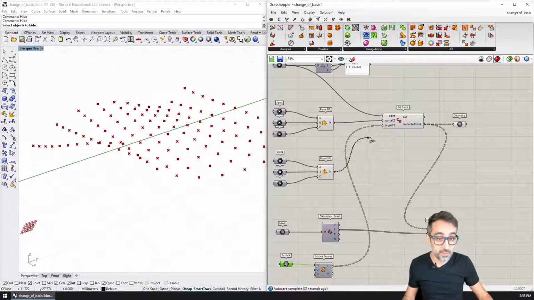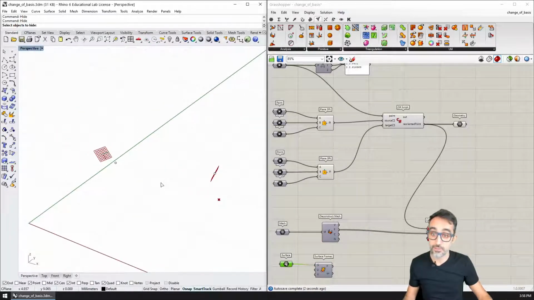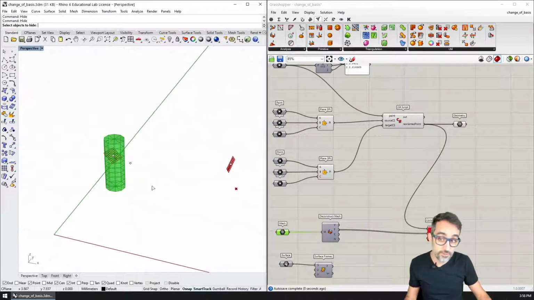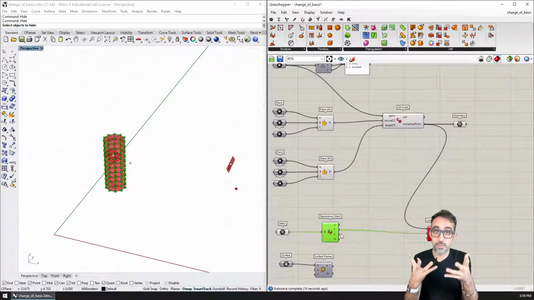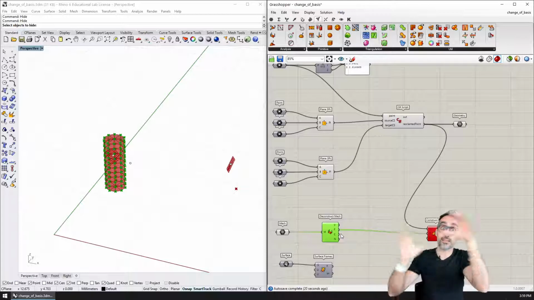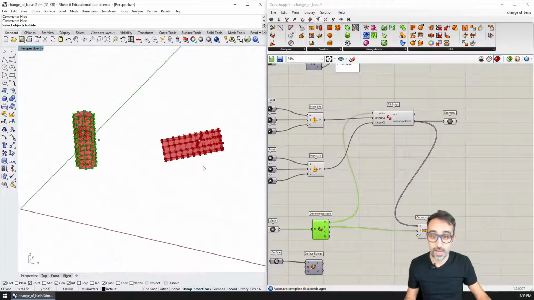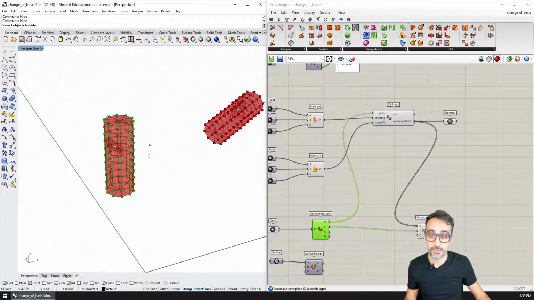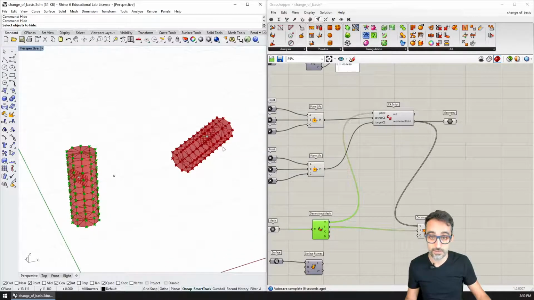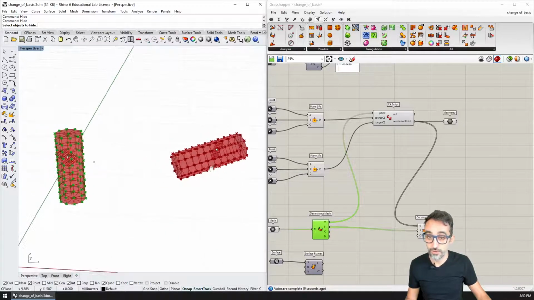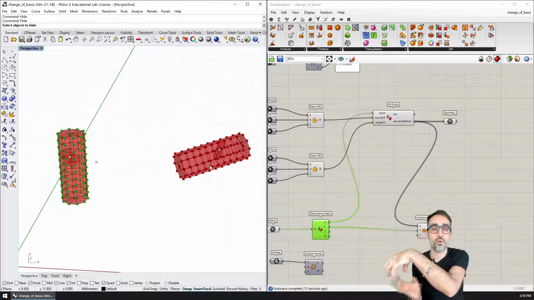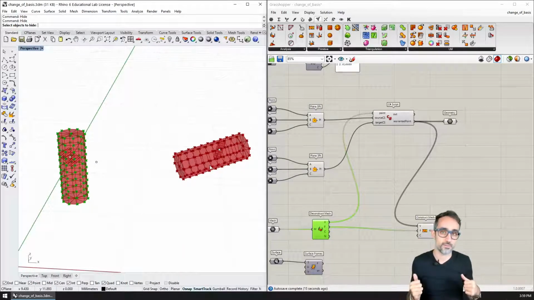Similarly, I can apply this to any geometry. For example, if I have a mesh that has a bunch of vertices and faces connecting them, I can extract all those vertices, because a mesh is just a collection of points that are connected with faces. And if I translate and reorient each one of those vertices, I can end up with a cylinder that has the same relation to that coordinate system as the previous one. So effectively, I have reoriented this geometry from one local coordinate system to another coordinate system.